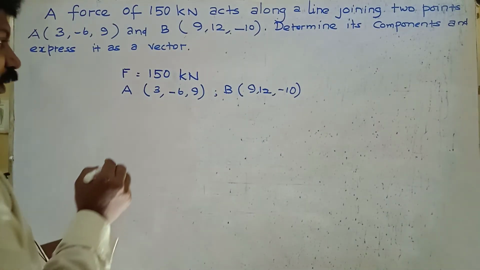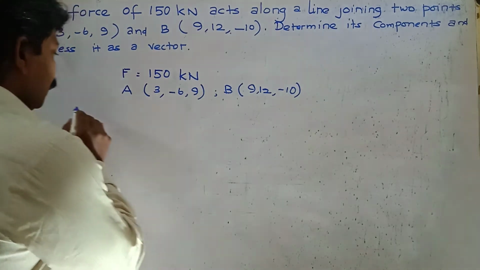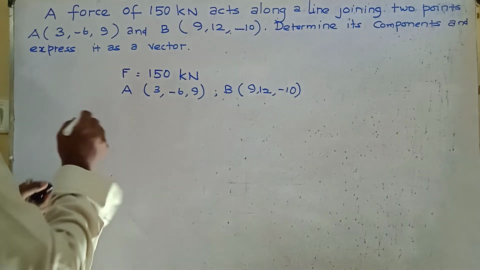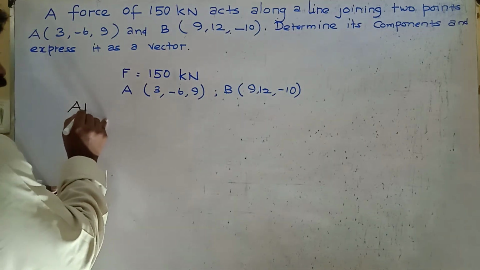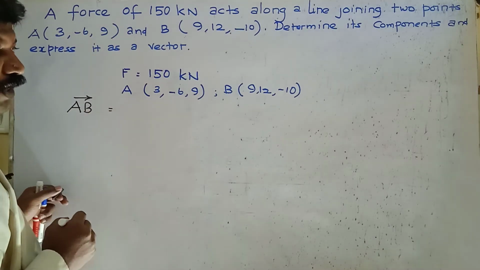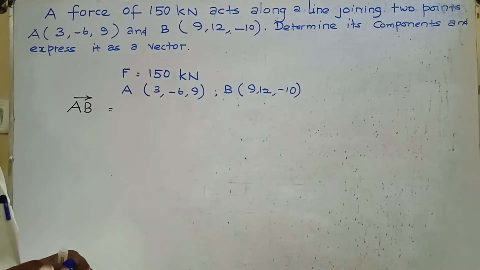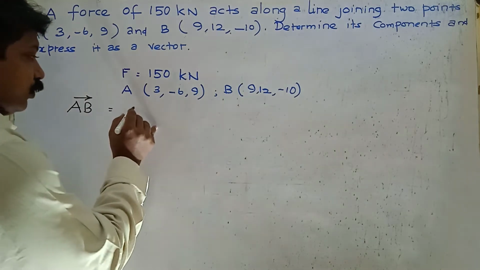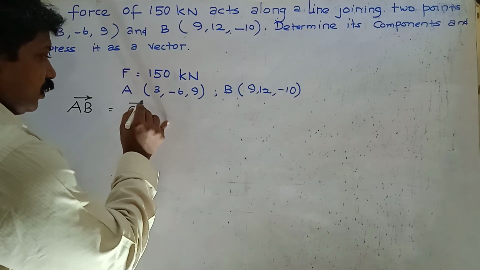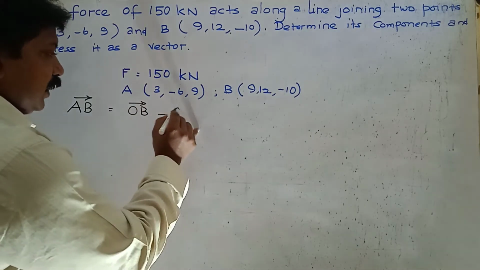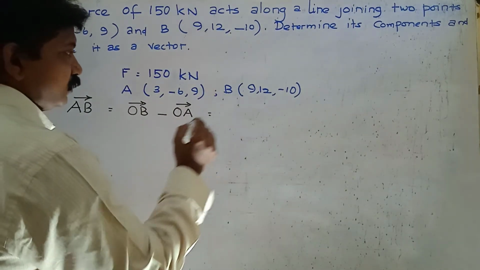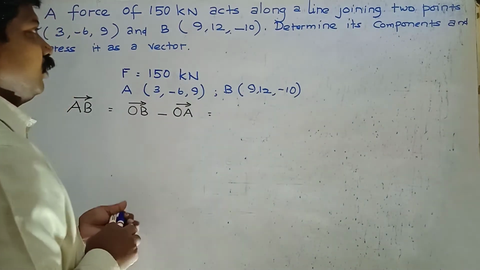So first you have to find AB vector. AB vector equal to, how to find AB vector? Position vector of point B, OB vector, minus position vector of point A, OA vector. So OB vector equal to